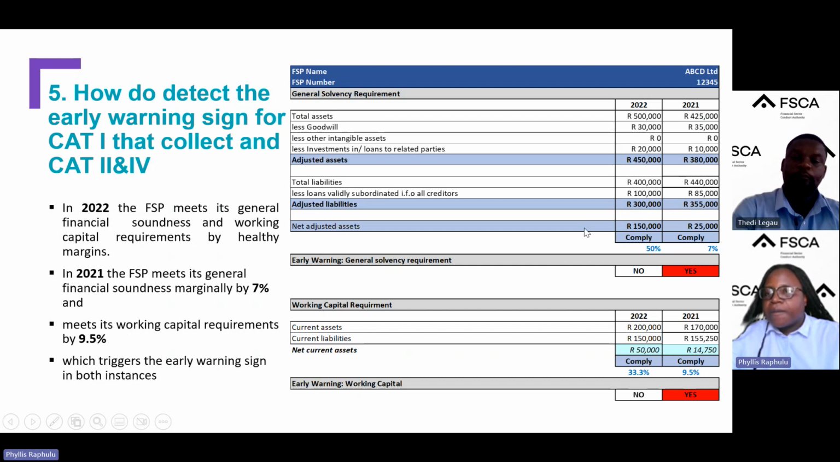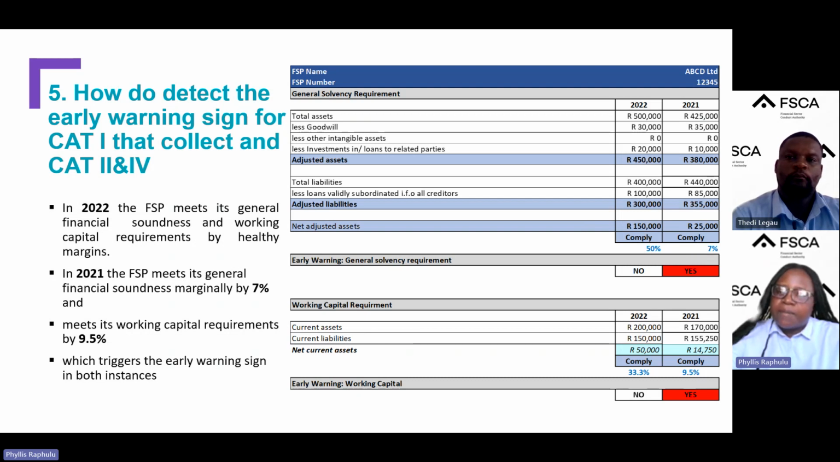In the year 2021, the early warning sign was triggered. For example, in the general solvency requirement, the net adjusted assets exceeded adjusted liabilities by less than 10%, which is 7%. And then the requirement says the net adjusted assets must exceed adjusted liabilities by more than 10%. So that's why we're saying the early warning requirement is triggered in 2021, because the net adjusted assets exceeded adjusted